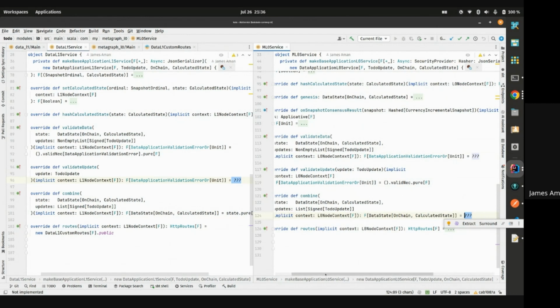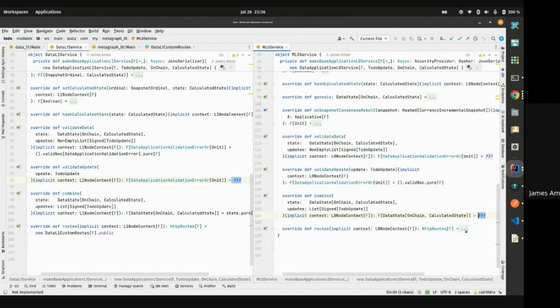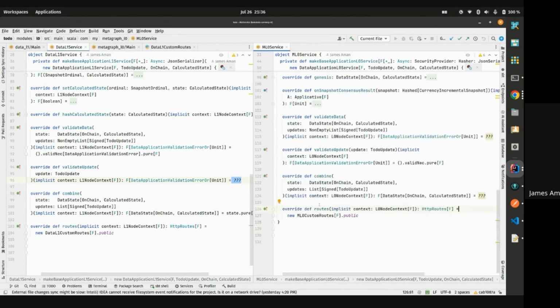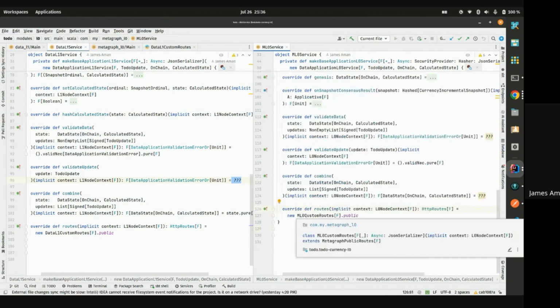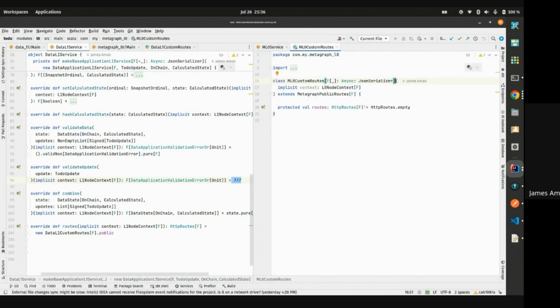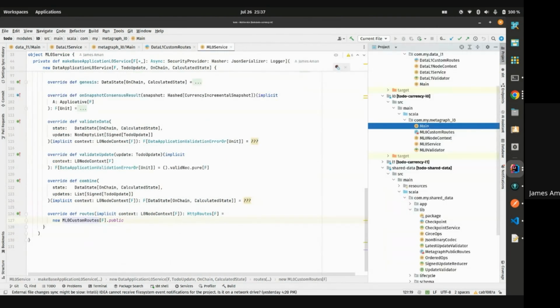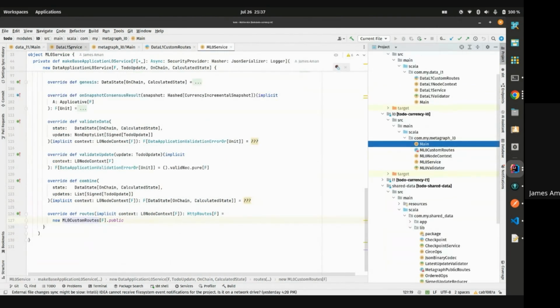You may see other examples that don't necessarily make this split. I find it a little easier to do so. Lastly, we'll look at the ML0 public routes, and we see that for now they're just empty, so we won't be concerned with them. So now that we've gone over a little bit of the data L1 service and the ML0 service, which are the big two